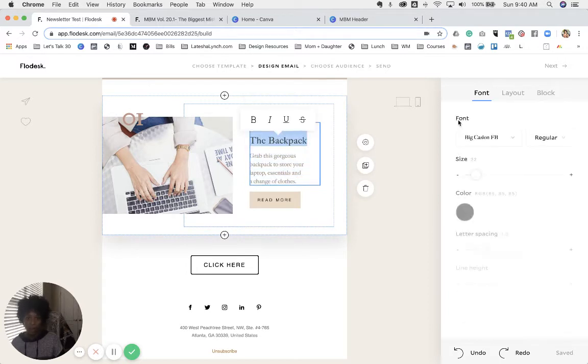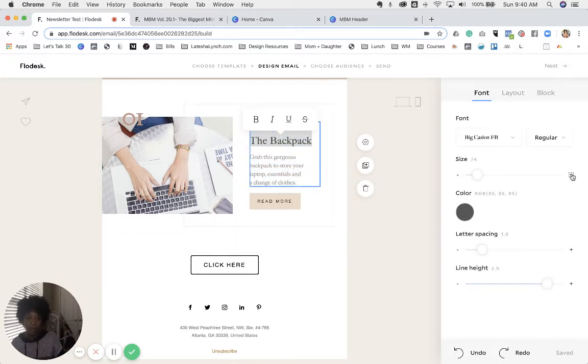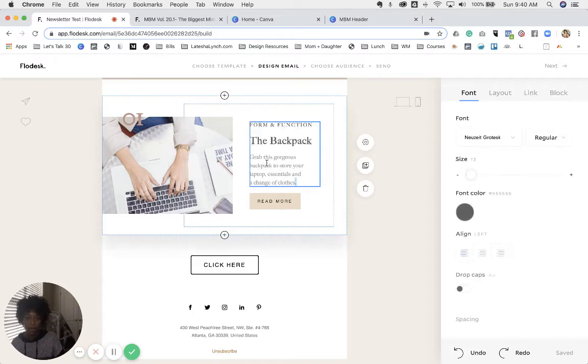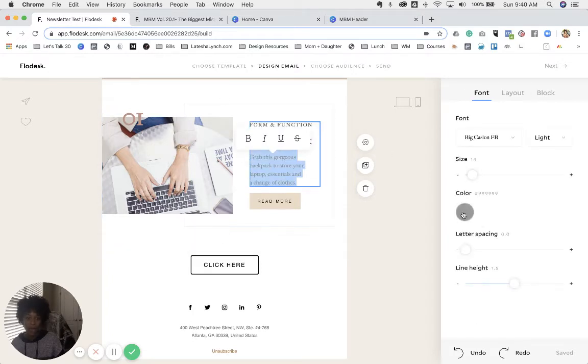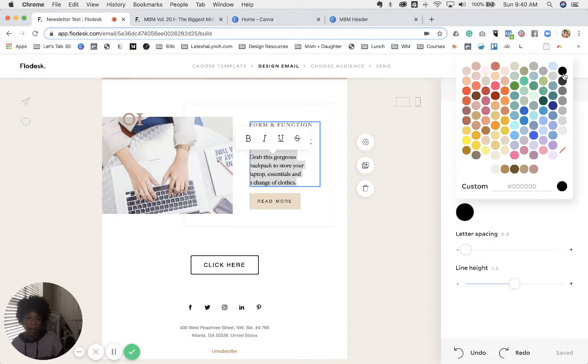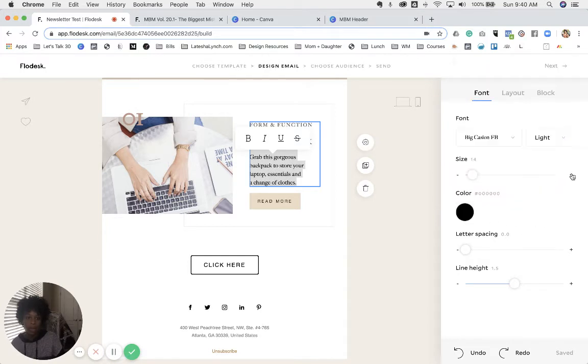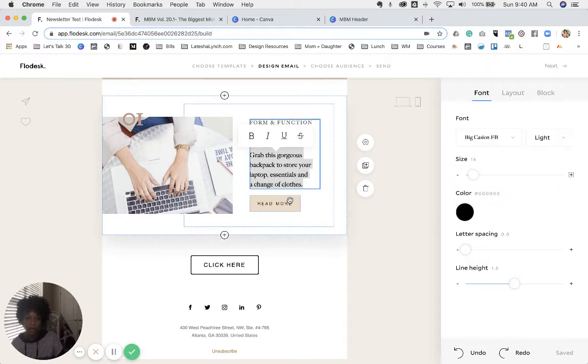You can make this one even bigger. Same for this. You just grab, I don't like this color. I would want it to be black, and it's not big enough. I want it to be 16. This, I don't want this to say read more. I want it to say,